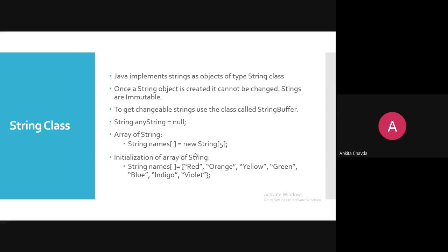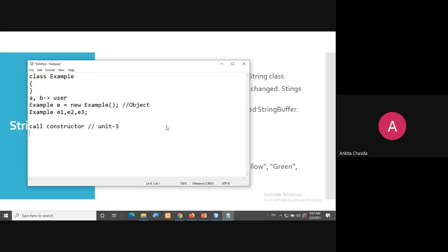So here I'm creating an array of string. Whenever you are creating an array, you always write whatever the data type is. Suppose you are creating an integer array, you write int A equals new int and the size. Same way for string, if I need to create an array, say name equals new String, and you can give the size over here. So this is what I've done.